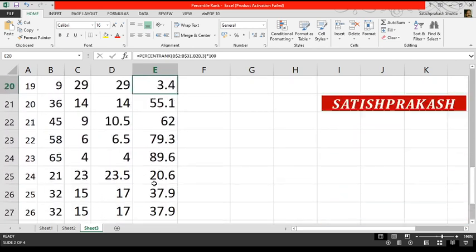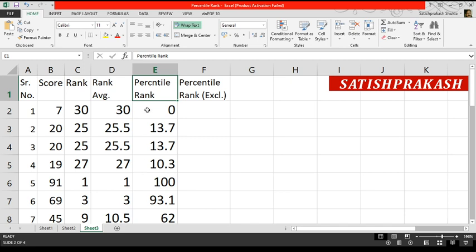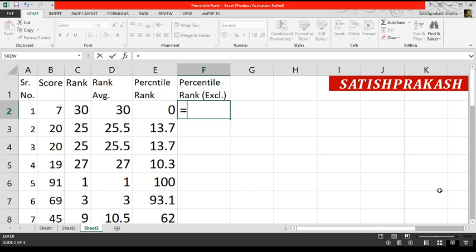All the numbers are given the percentile rank, and you can see the lowest score, where the last rank is, is given percentile rank 0, and the highest score 91, that is the first rank, is given the percentile rank 100. Another function is also there for percentile rank in which the first and last digits are ignored while giving the percentile rank, and this function works only in Excel 2010 and later versions, and the function is like equal sign PERCENTRANK,